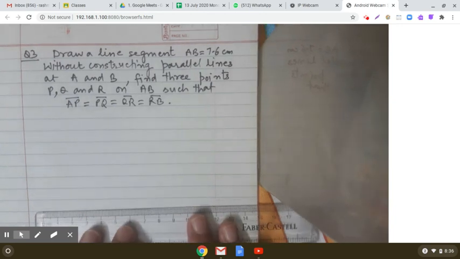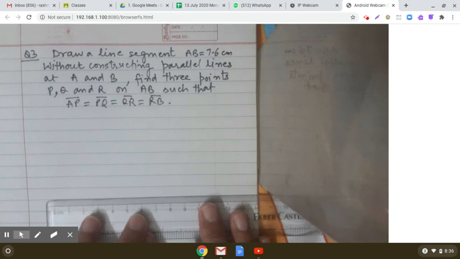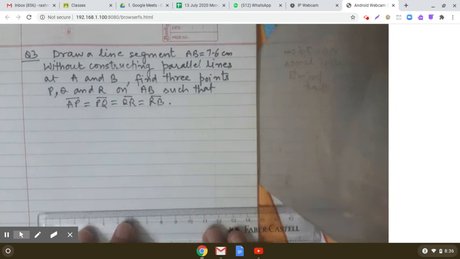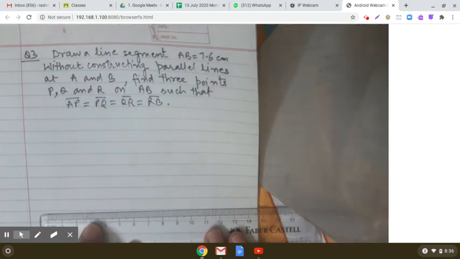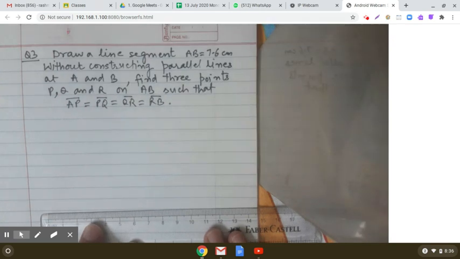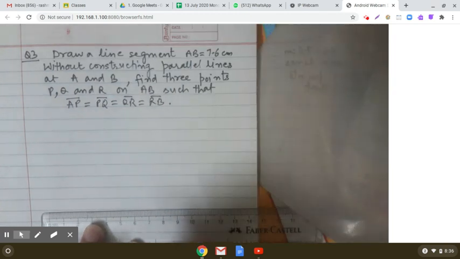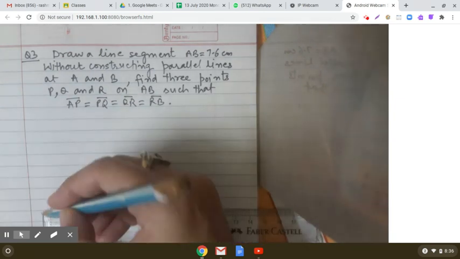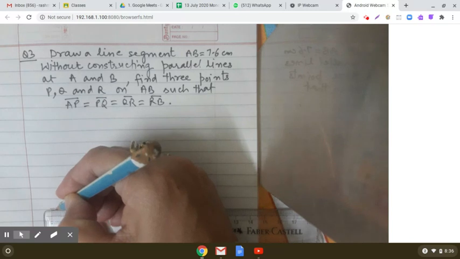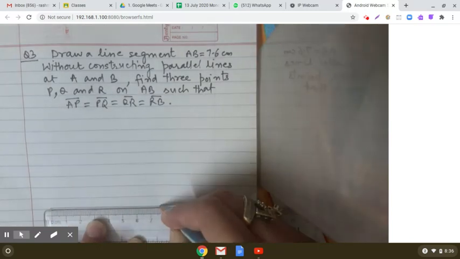equal to RB. Okay. So you have learned how to divide a line segment into n number of given equal parts. So here you don't have to construct the parallel lines on A and B for doing so. So here how we are going to do is, let us take first AB equal to 7.6 centimeters. So this is, I have drawn AB